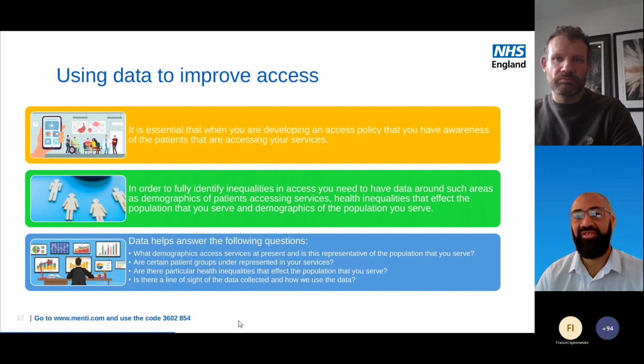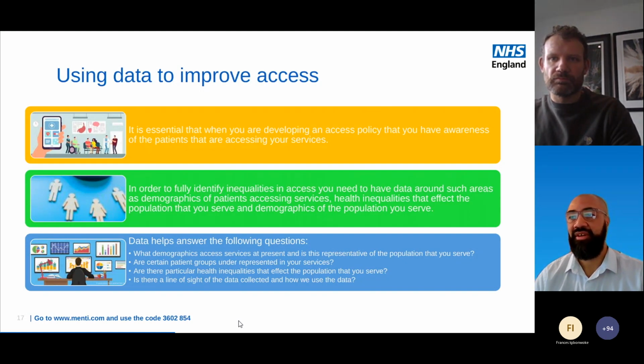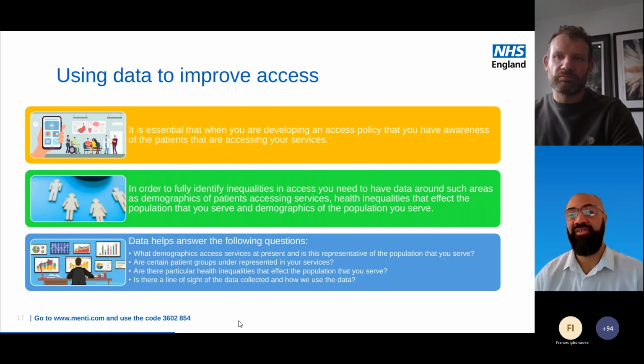When we're collecting data, we need to think about not just the hard data, but also soft data around feedback, so we can get feedback around the access to services and the barriers that people may experience. You might not see that in the data, but if we engage with people like patient groups, you can find out some more of that. At the moment, nationally, these products are steadily improving, and there are more products coming online over the next couple of years.